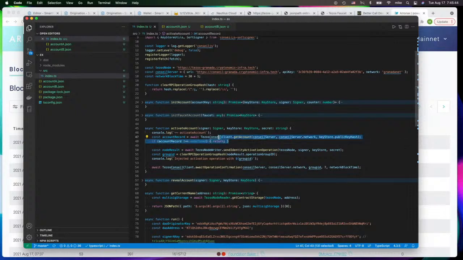First, we check that the account has been previously activated. If it has been, there's nothing to do. If not, we will send an activation operation, which takes a Tezos node, the signer that we created, the keystore, and the secret parameter. What that will do is send this operation to the node and return